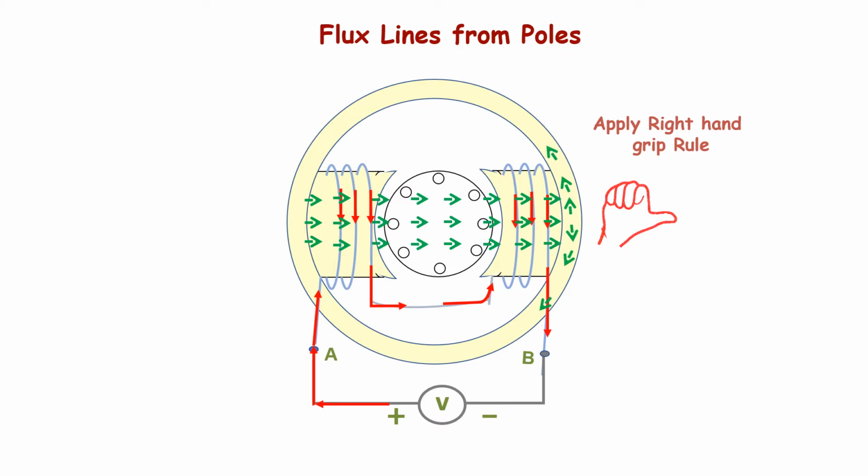We know the field lines are all closed lines. The field lines pass through the yoke and form the closed paths. Observe now, from the first field coil, the flux lines are coming out. So the field pole through which the field lines are coming out will be formed as the north pole. The second field pole is a south pole because flux lines are entering into the face of this field pole.